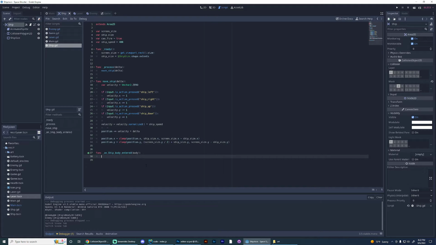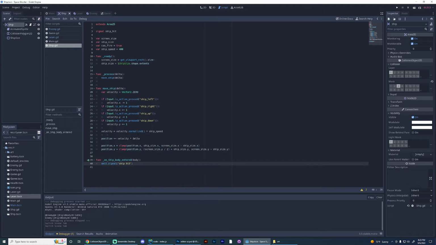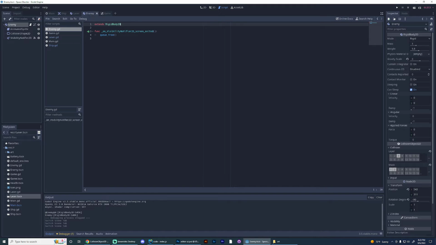So now we can do here, we'll just do custom signal, ship hit. We'll just emit this signal, ship hit. So that'll be how we will, in the other area, keep track of our lives. And then when the enemy hits these guys,